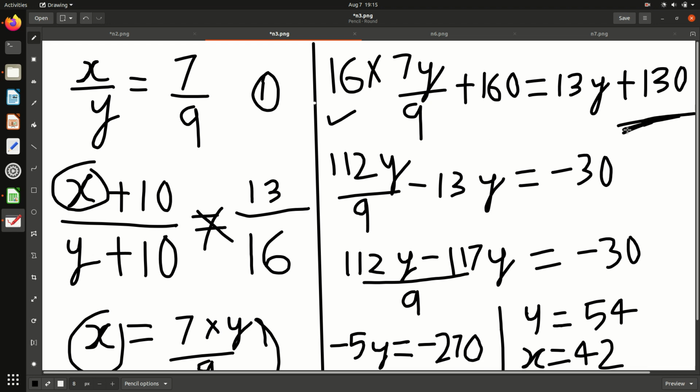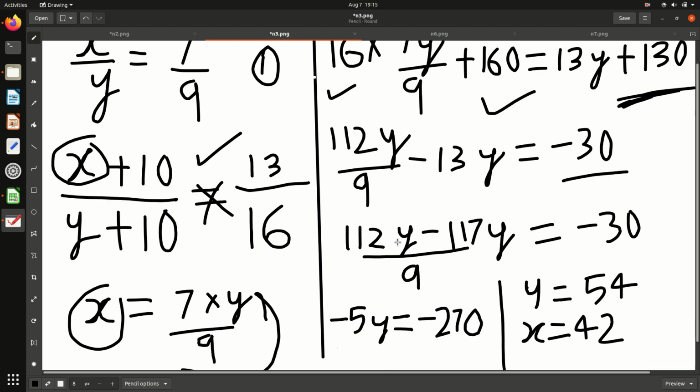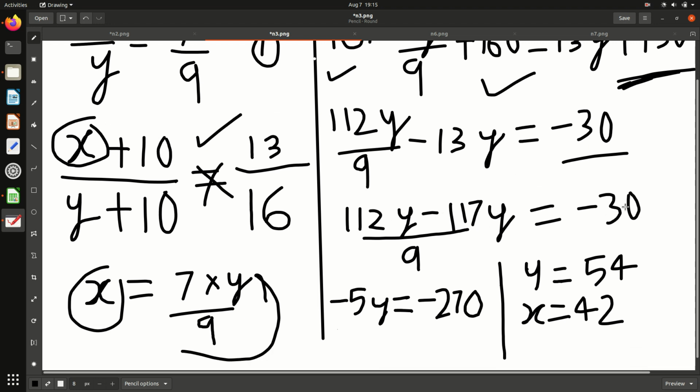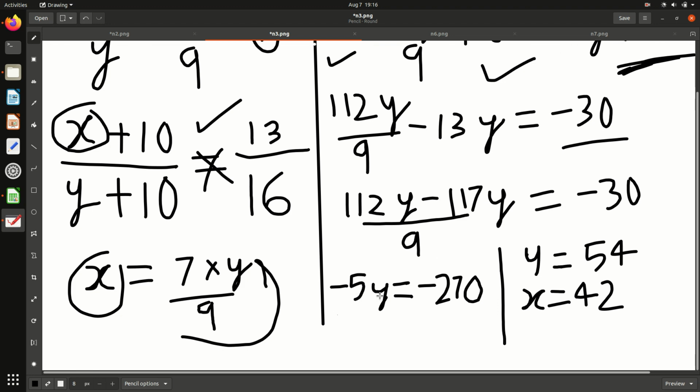Okay, so this we get after cross multiplying this equation and putting 7y by 9 in place of x. Now once we got this, I hope you can get the value of y. So just make all the... I have brought this 13y to the left-hand side and then 160 to the right-hand side. So it will be minus 30, and it is y. So just take LCM. So it will be 112y minus 117y equals minus 30. So 112y minus 117y will be minus 5y, and this